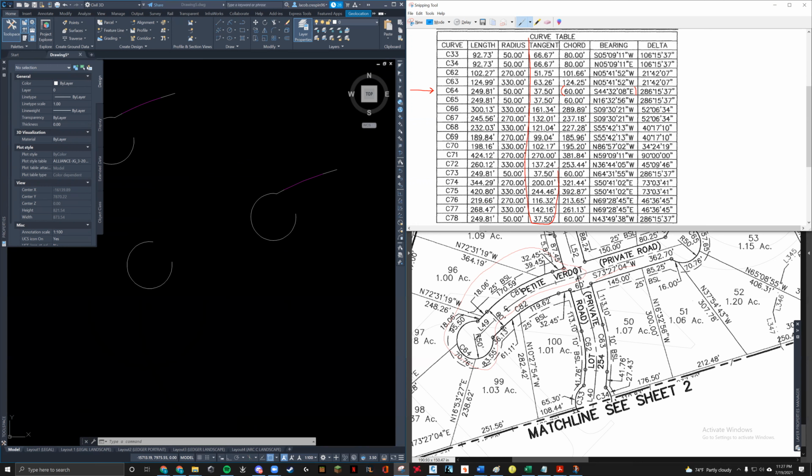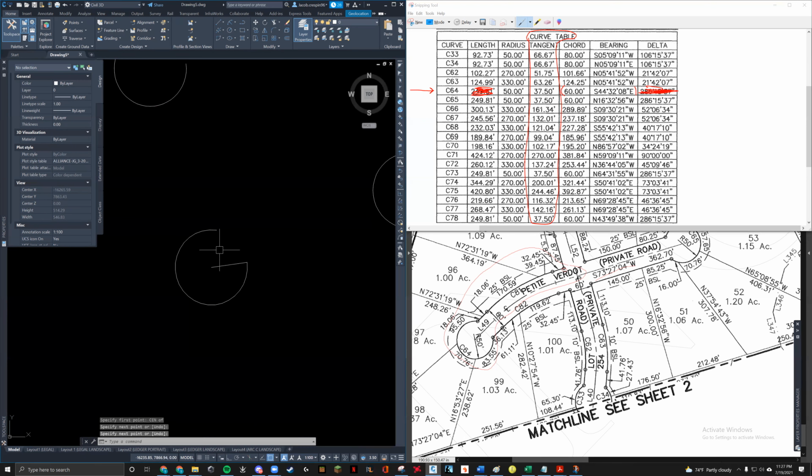It is good to know what it does just in case you do find a curve table that is illegible. Imagine you couldn't read what your length is or what your delta is or something, and you still had to construct it somehow. Supposedly you can use this information to build it. You're going to have to get creative with how, but what the information is supposed to convey is that if you were to build tangent lines off of this curve